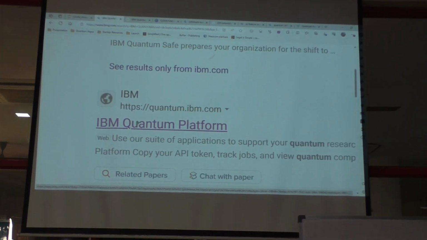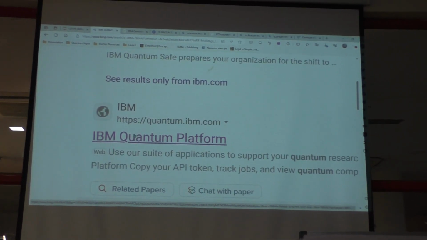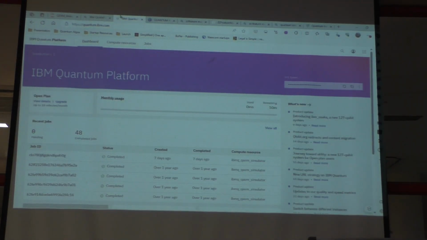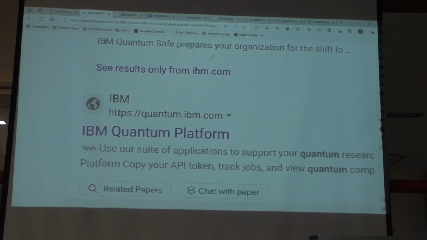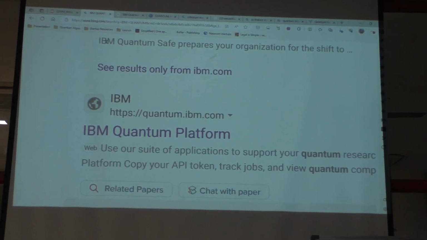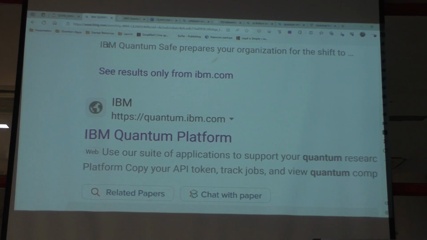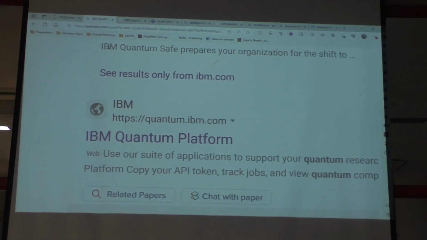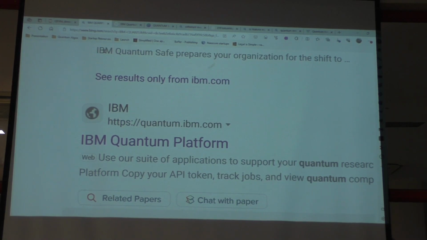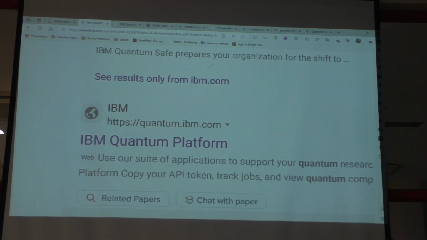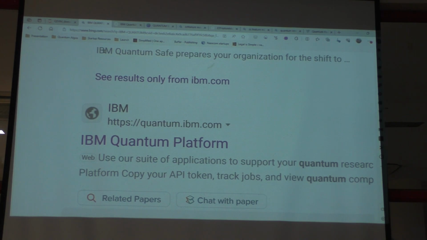It will probably ask you to register. So you need to register using a Gmail ID or any other preferable sign-in option.